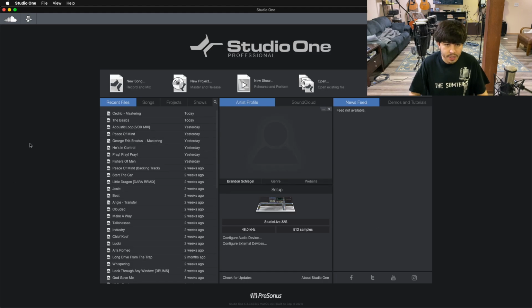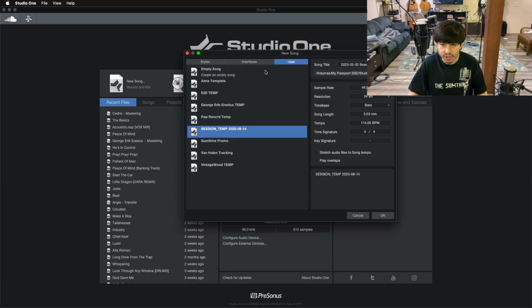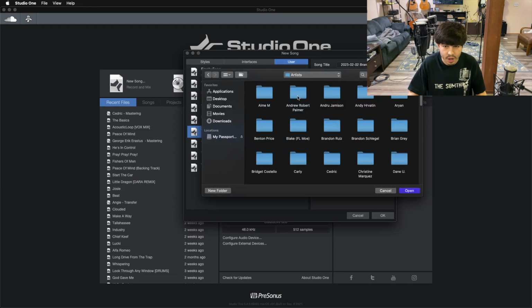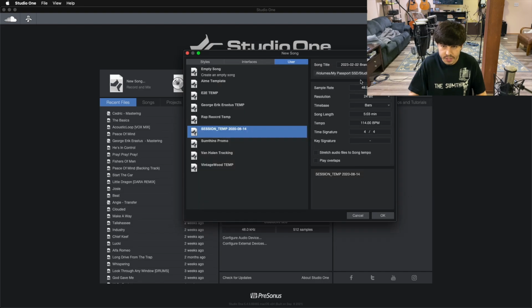So we're here on the start page of Studio One. We're going to go up to New Song here, and I'm going to use my mixing template, I think, for these tracks here. That's this one here, Session Template. I have a system of folders set up for all my different artists, and they go in their different folders. In the songs folder, I believe the first song is called